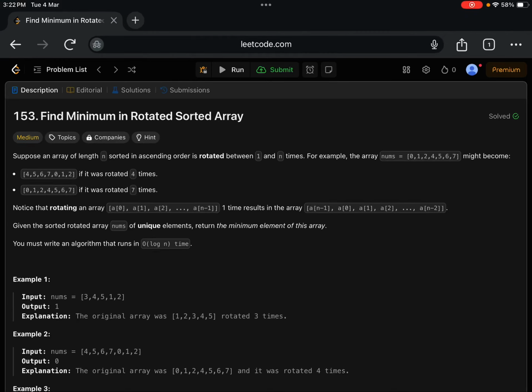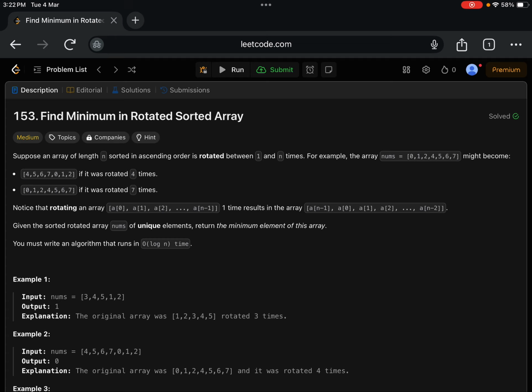Today we'll talk about find minimum in rotated sorted array. Let's try to understand the problem statement very quickly. Suppose an array of length n is given, sorted in ascending order, which is rotated between 1 and n